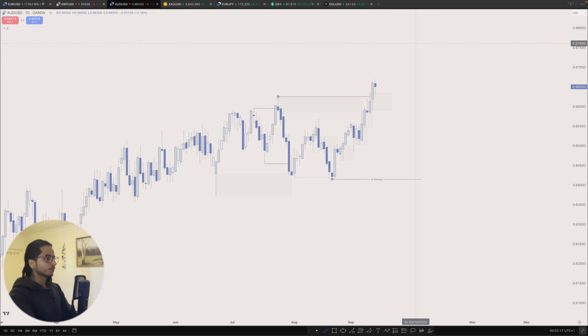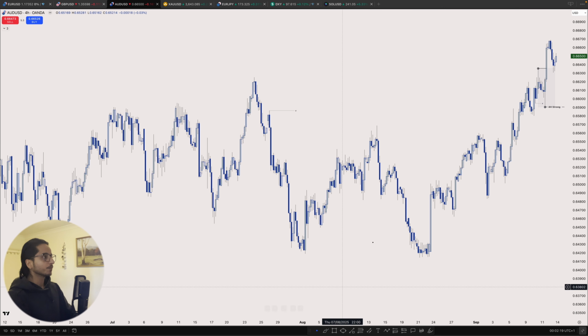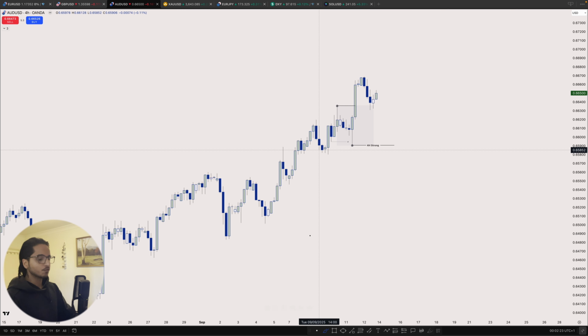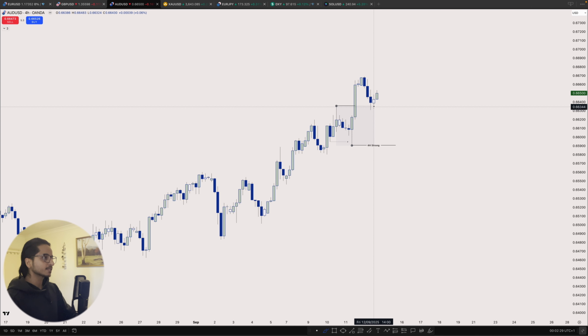Let's go on the 4-hour time frame now. See how clean the move is, right? What do we got? We got this break of structure. We swept the sell-side liquidities. Very strong bullish move, mitigated this 4-hour demand. Yes, we may come back into here because price action is a little bit steep at this point.